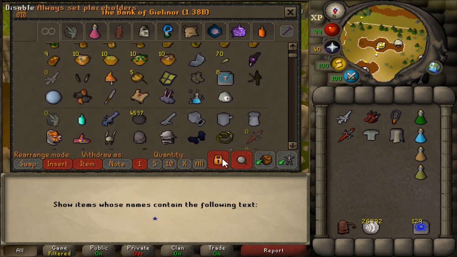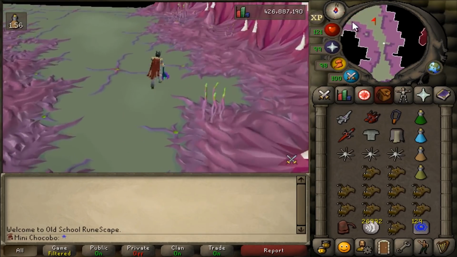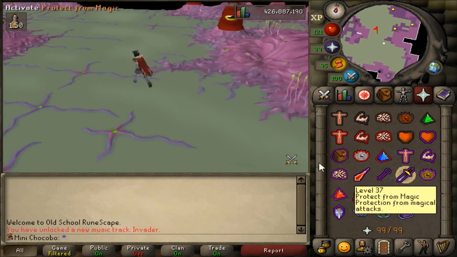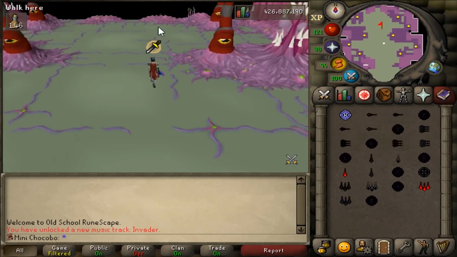I have no shame in admitting that I'm going to angler every single kill. Also, another big bonus of doing this is I actually got a new music track. Of course, I never actually had to kill the boss, but I still haven't gone for my music cape. I don't have a mimic yet, so there's no real reason to, but still pretty cool to unlock something I